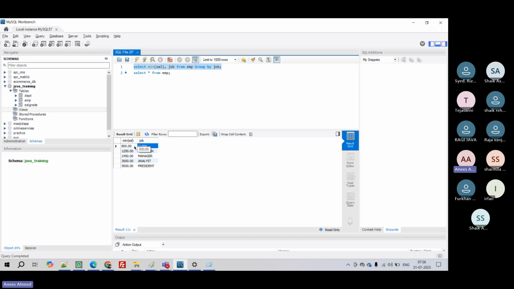So for clerks, what is the minimum salary? 800. So I'm grouping by clerks first, then identifying the minimum salary. For salesman, I am grouping and saying what is the minimum salary for that particular job. For manager, I am doing the minimum salary. What if I want the maximum salary also? I just write max of salary. Now I got both minimum and maximum. Now I want average salary also, so I will write